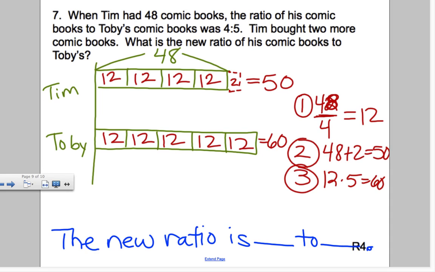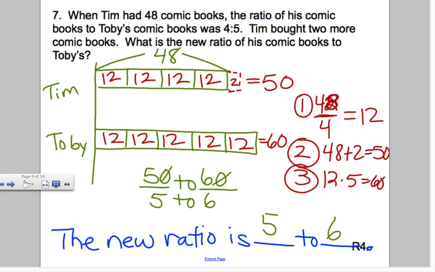Now, how could we rewrite the ratio? Because the given ratio is 4 to 5. What's our new ratio? Brian? 50 to 60, or simplified 5 to 6. There you go. 50 to 60. How else could you write this? A fraction, sure, absolutely, or a colon. But when you write it, obviously 5 to 6 is the simplified form because you can just cancel the zeros, can't you? So 5 to 6.